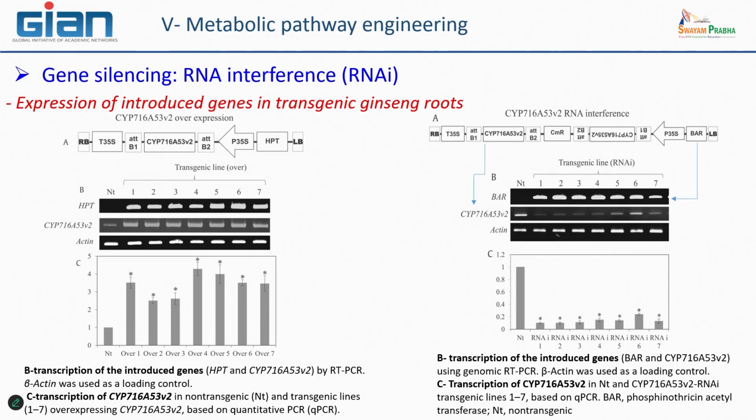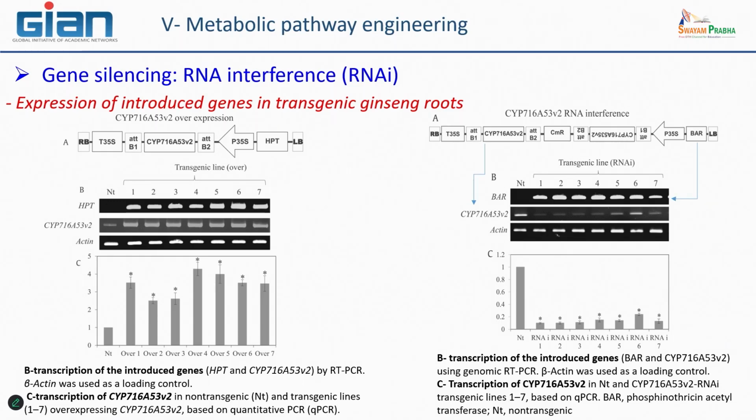So in general, what happens after? We quantified this transcript because here it's only qualitative, and we want a quantitative idea. You can see here in the control there is a lot of mRNA corresponding to the CYP gene, and only line 6-1 has a little bit more RNA than the others. There is never completely no RNA, but you may have a very, very small amount that is quite equivalent to none.